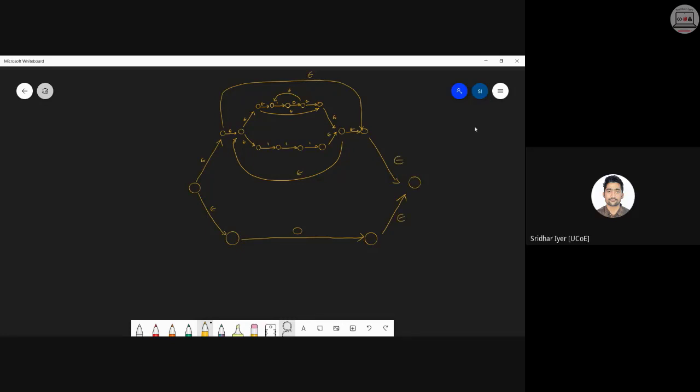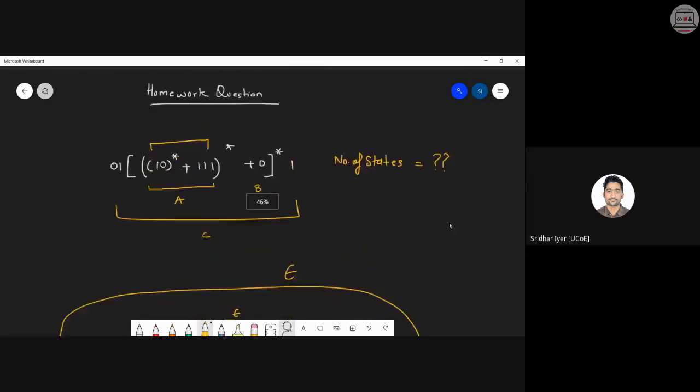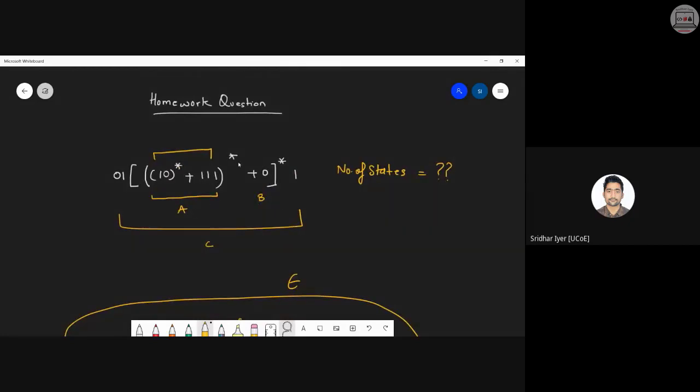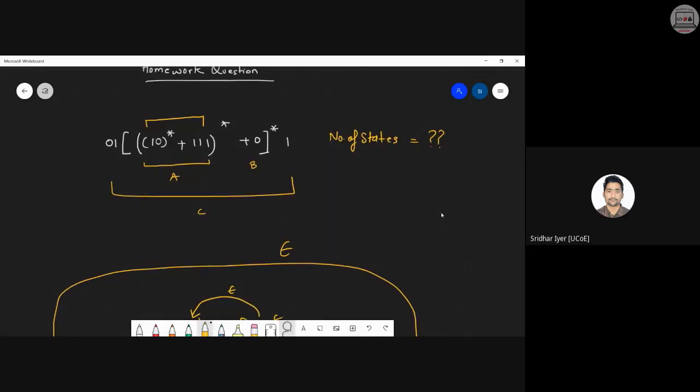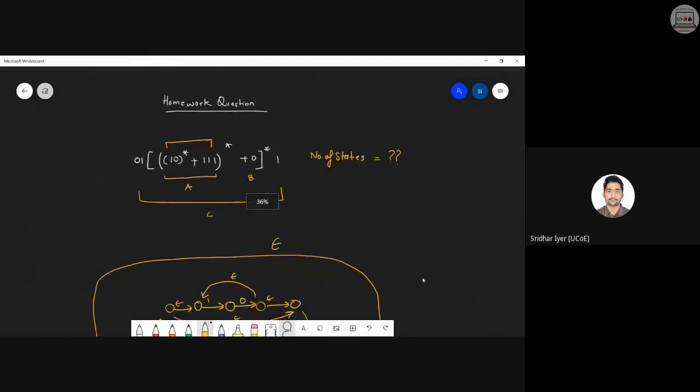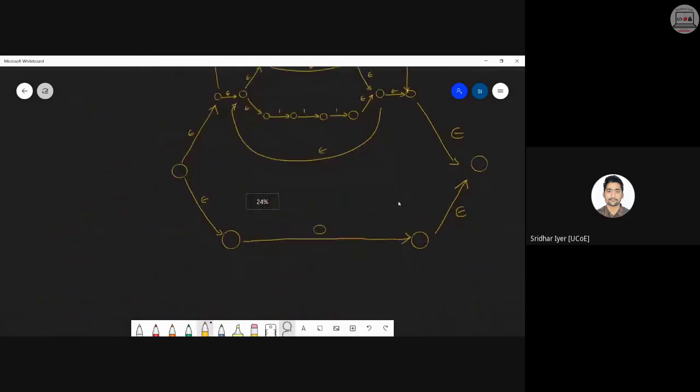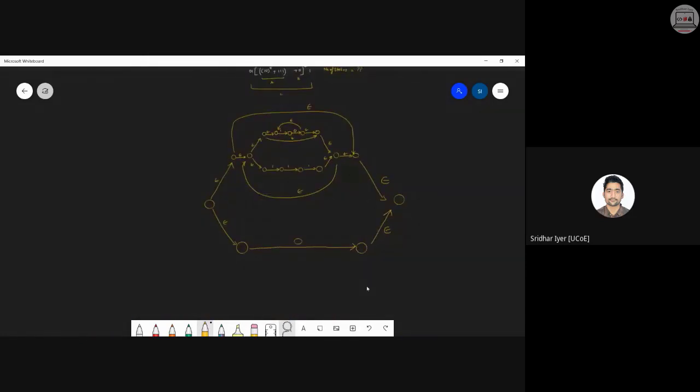So now we are done with the innermost part, that is A plus B, but this entire thing is getting a closure again, if you see over here clearly. So it's a long diagram. That's why I told you to try to draw it in landscape mode. So we have made A plus B until now. Now we have to take the entire closure of A plus B again. So if I want to do the closure once again, add states before this and after this.